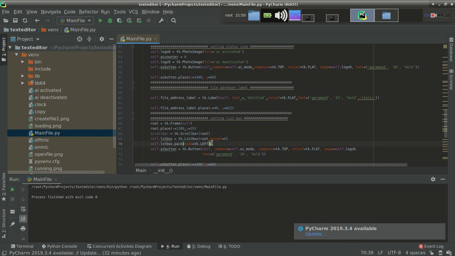So just attach the scroll bar to the list box.